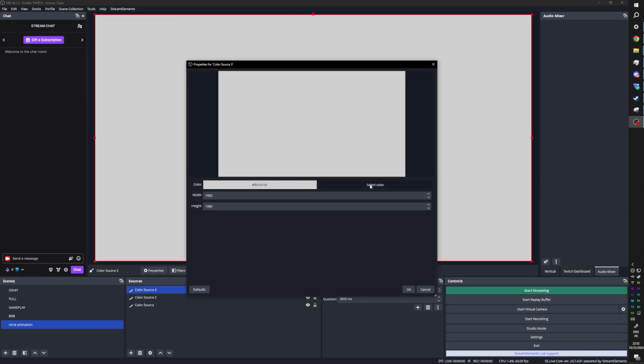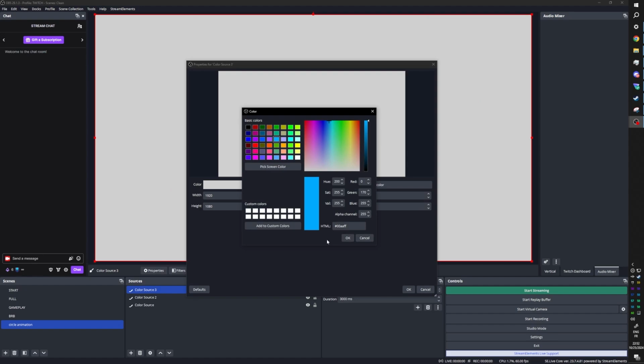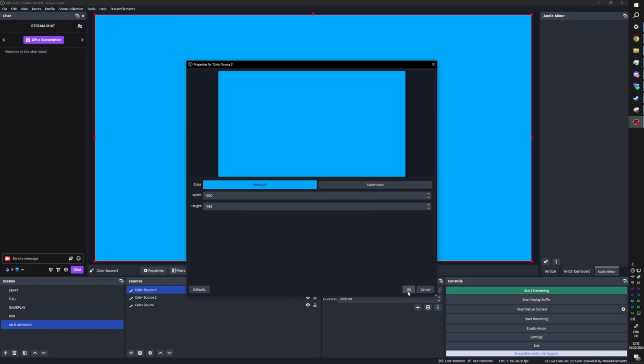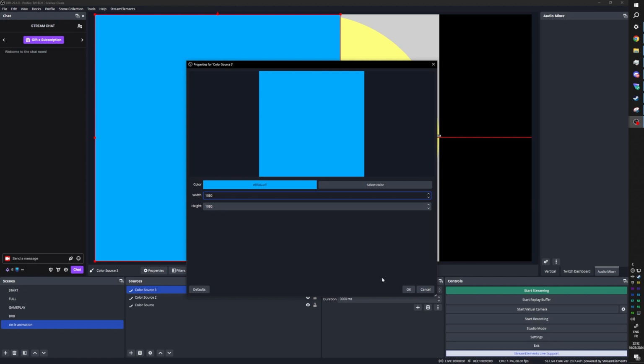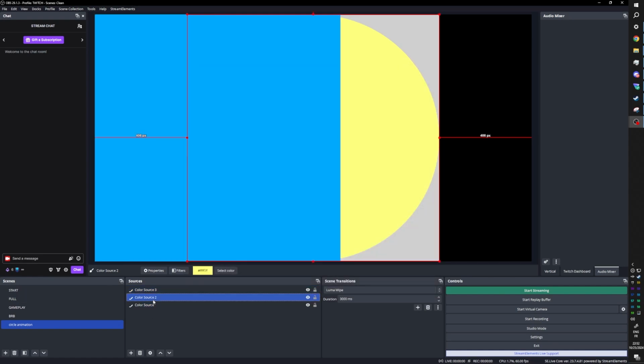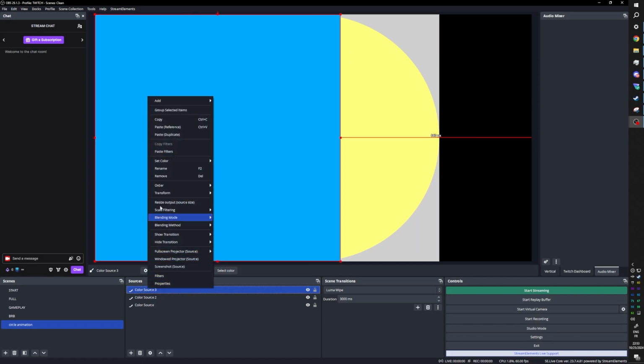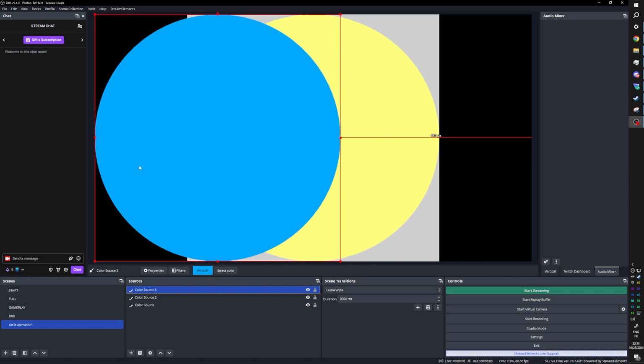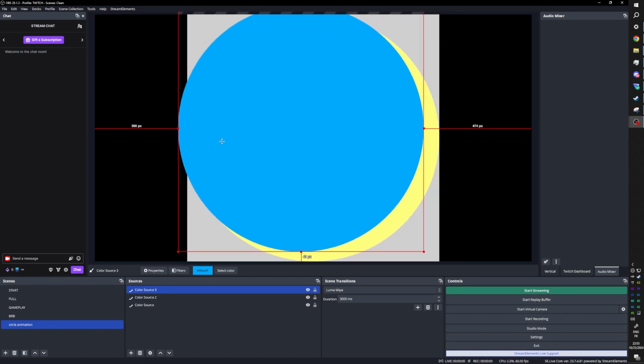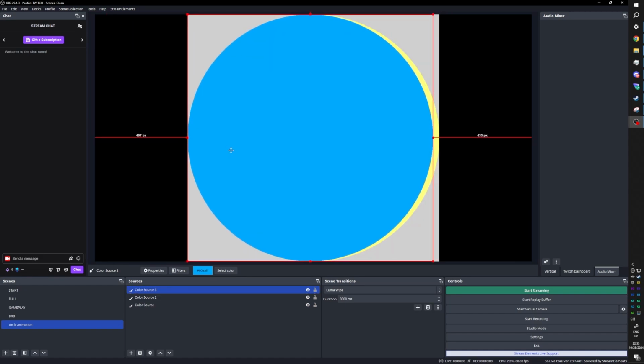It doesn't matter. It's going to be its own scene. So we're going to pick the right color. That's what we want. We also want that to be 1080 by 1080. And I'm going to copy the filters from that, well, the circle one. I'm going to right click, copy filters, right click, paste filters. Boom, look at that. And basically, I'm going to use all of this as a reference because